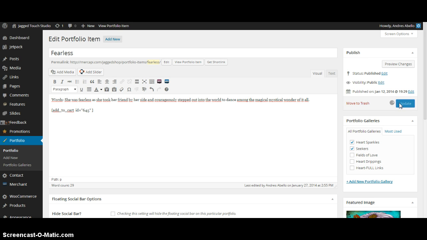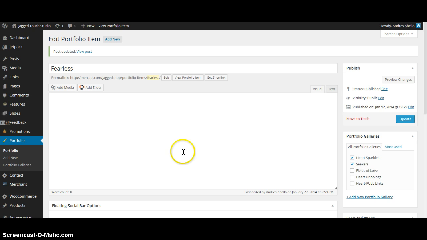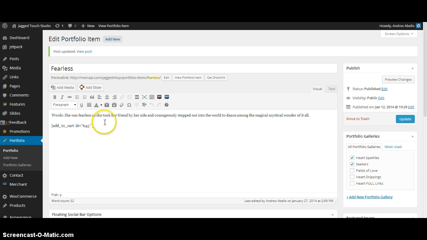Update. So you can add it to the end of the product description, or to the beginning, wherever you want to place it. Go to view portfolio item,